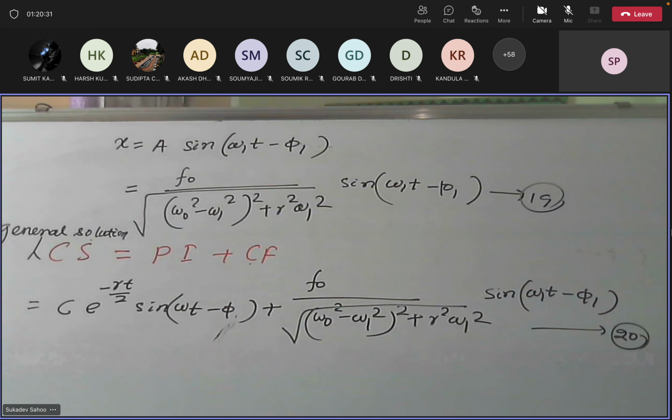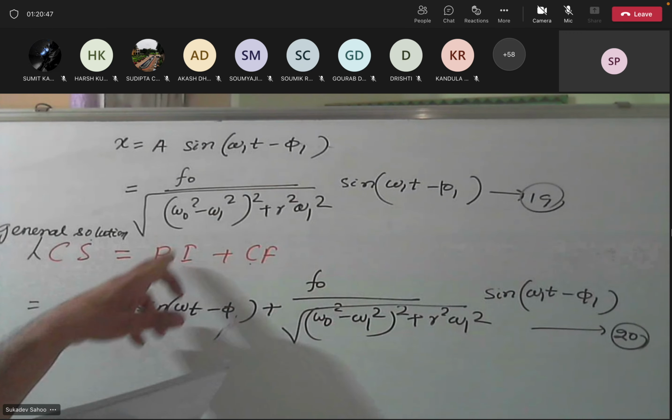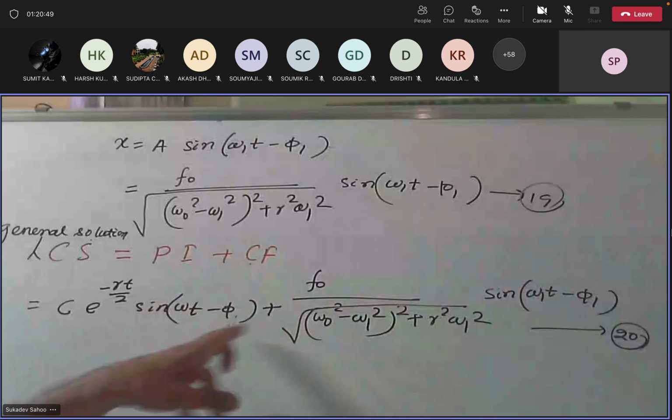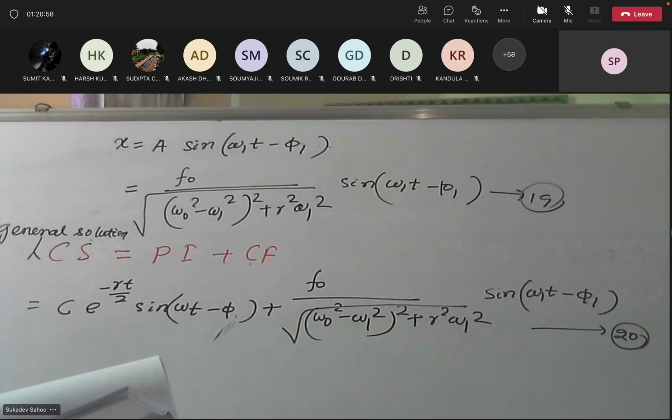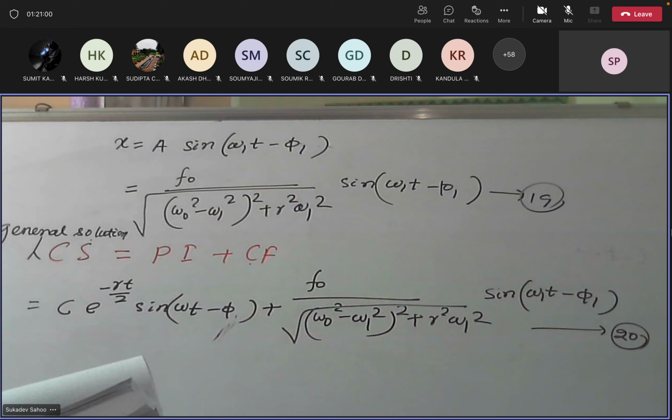So this is the general solution of equation number 6, which is the general differential equation for forced harmonic oscillator. Now we have assumed a solution similar to that, and we have written this as the general solution. Now we will test whether it satisfies the forced oscillator conditions or not. Now, the first term, you will see, represents